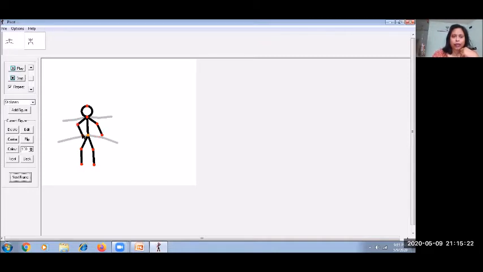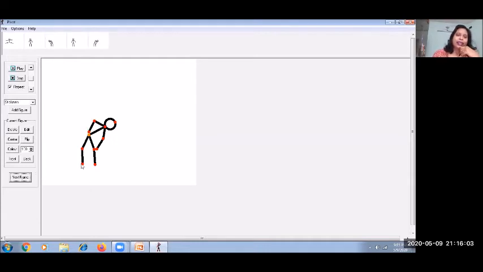This way you can move it. This is my next frame. Now let me bend it. Keep its hand on its back, and again make it straight. Keep this one here. Next frame. Now make it and keep it like this.